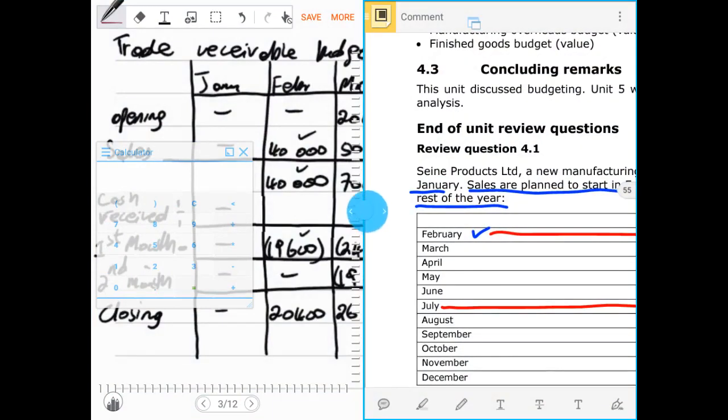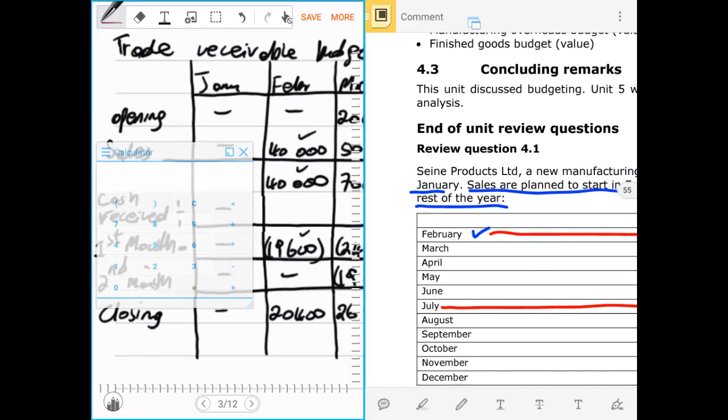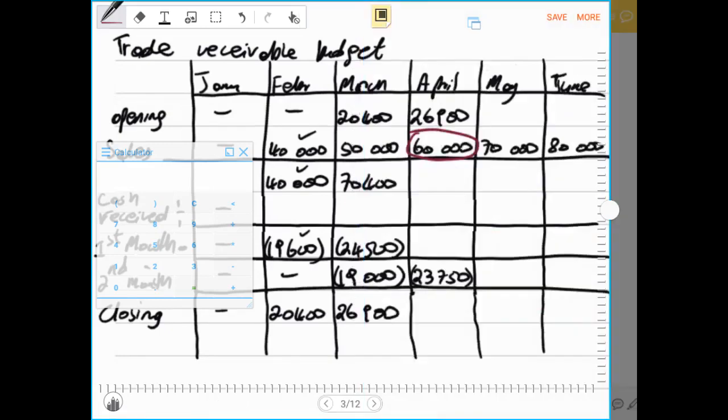The space is full now. We just have to delete one file so that we have enough space to record. Then we continue on that same note and we say half of the sales of the month of April will be paid in the same month. So now what do we do? We say, okay,